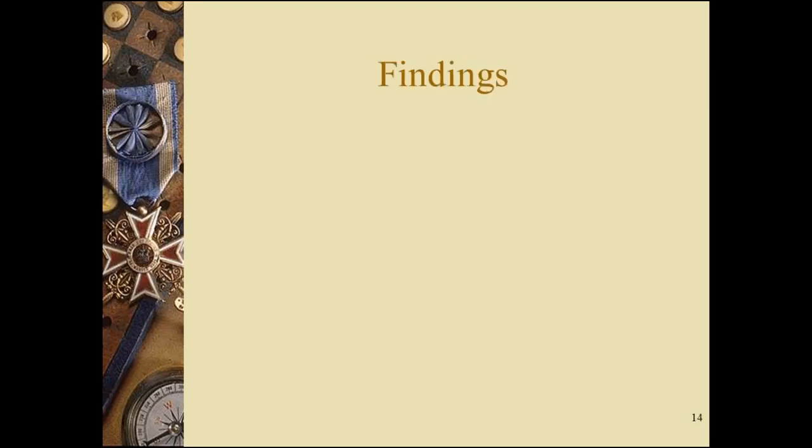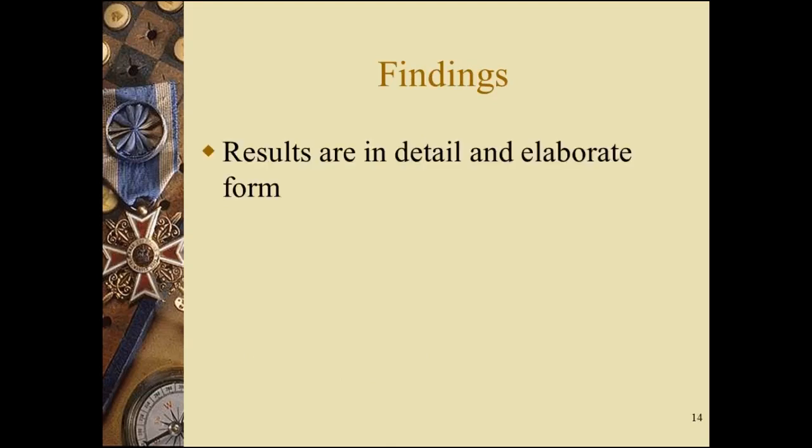And then we are coming to the last but one, called findings. Now, what do you mean by findings? When I have already presented results, why should I put findings? So you must know the difference between these two. Results are in detail and elaborate form. For example, you're presenting hypothesis 1. How many tables are related to hypothesis 1? Let us say there are about 5 tables relating to one hypothesis. I'll present all the 5 tables and interpret them, draw inferences in the results chapter.